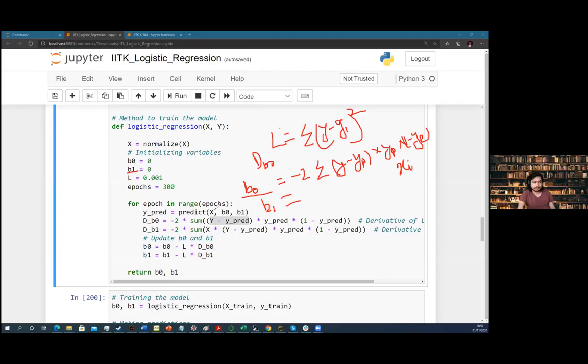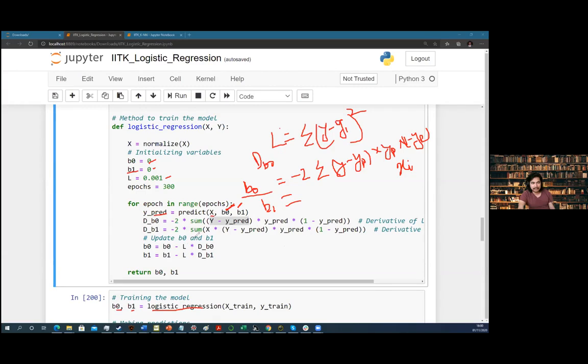Okay. In the previous step, what we are doing here is, so I'll just tell you these things. Good question. How are we going to do that? If you look here, what I'm trying to get is B0 and B1, correct? Initially I have initialized them with B0 and B1. I have defined a learning rate to be 0.001. So the program will start with something. You have something initially, right? And then once you start calculating B0 and B1,